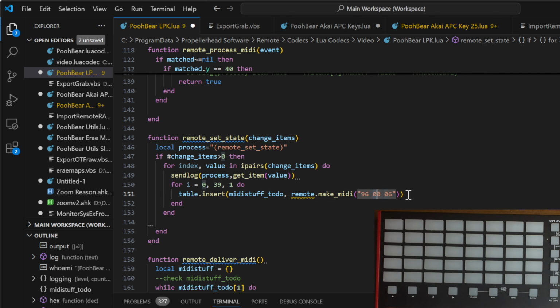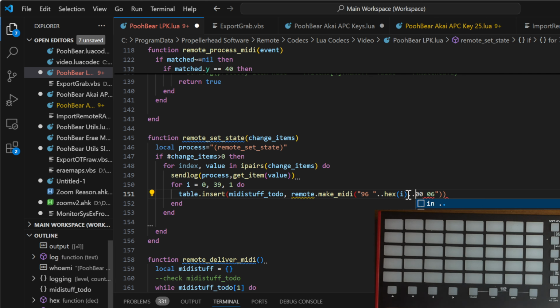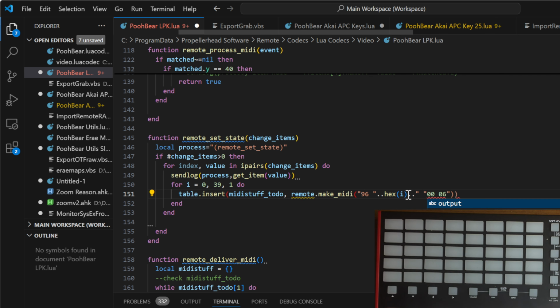So this, as I say, is my note. So let's first of all manage that. And the way we're going to manage that, I'm going to say hex. I'm going to turn something into a hex, and what I'm going to turn into hex is i. So the first time i comes along, it's going to be 0, so we're going to turn it into a 00, then 1 will be turned into 01, so on and so forth. Definitely going to need a space because of the formatting,